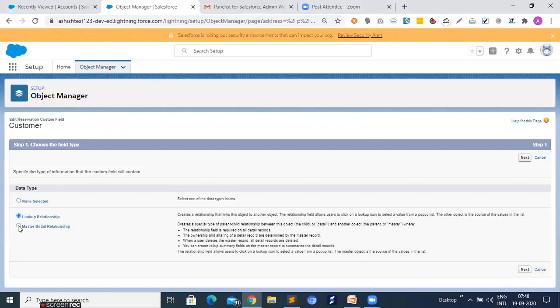So just click on master detail relationship and click on next.